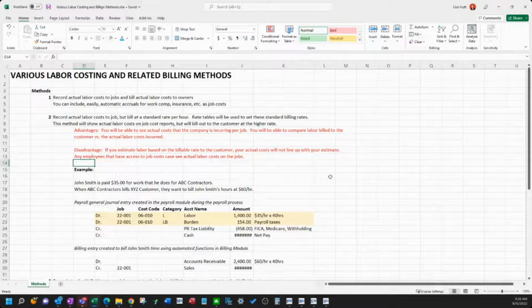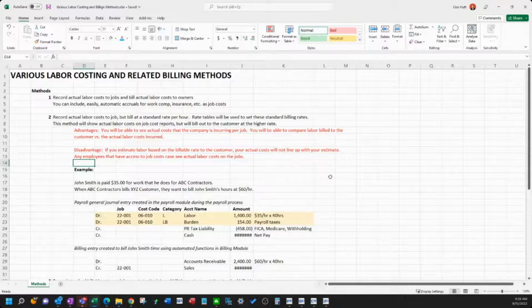I want to share with you some of the methods you can put in place. So this method number 2 is you're going to record the actual labor costs to the job, in this example, we're using 22001 for the job number, but we're going to bill out at a standard rate per hour. So in the system, you would have to go into the rate tables and tell it, let's say John Smith is a carpenter.